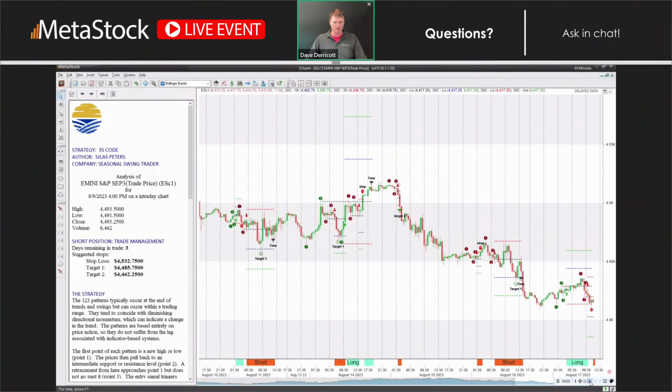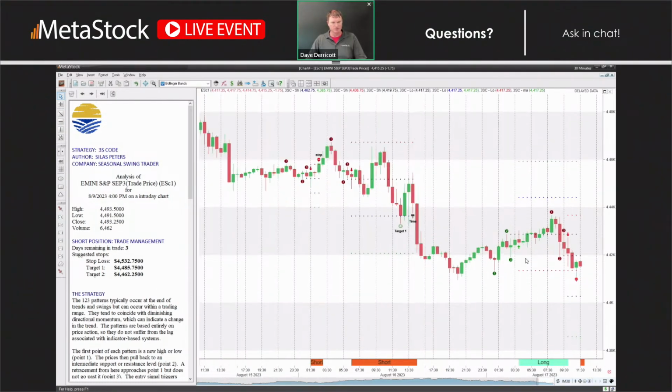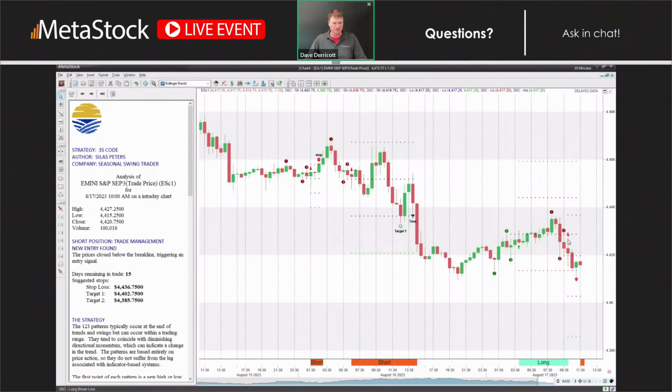I'm going to go ahead and zoom in a little bit by clicking on the plus sign right here. So we also got a similar signal right here. We got our 1, 2, 3 setup, and then we got our signal right here for the entry, our short signal. And what's nice here is we actually got our stop loss signal right on the chart. So once it's hit, you could consider exiting out of the trade completely, or if you want to wait until you hit your second profit target, you could do that as well. That part is completely and totally up to the trader.